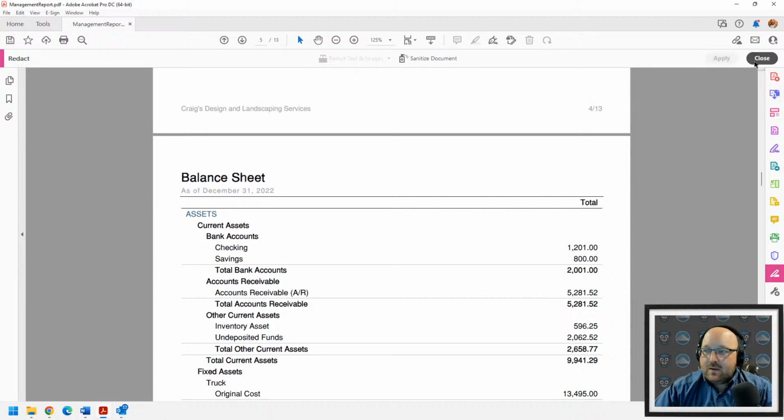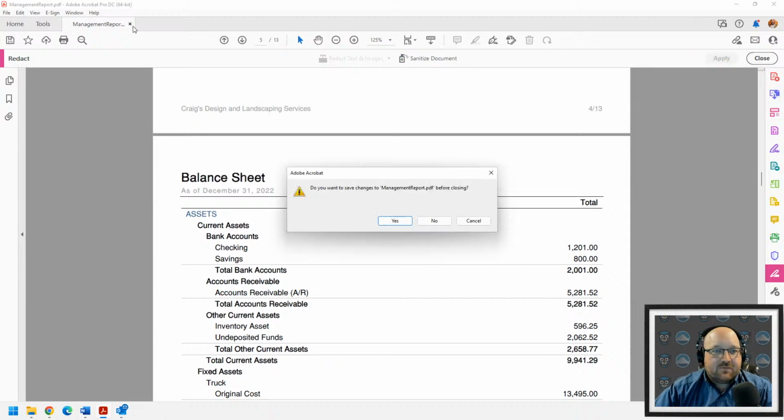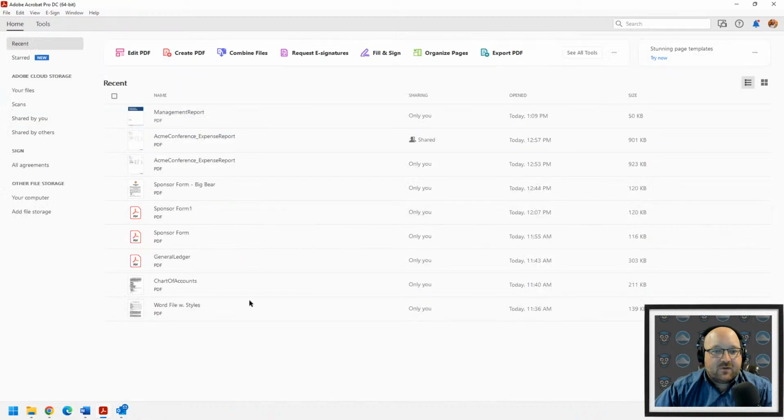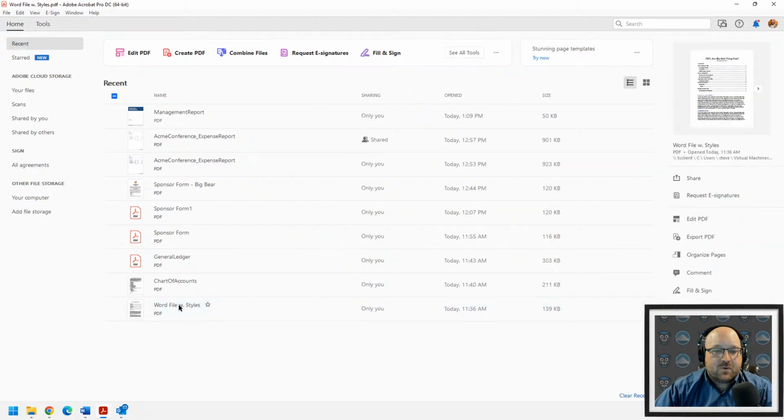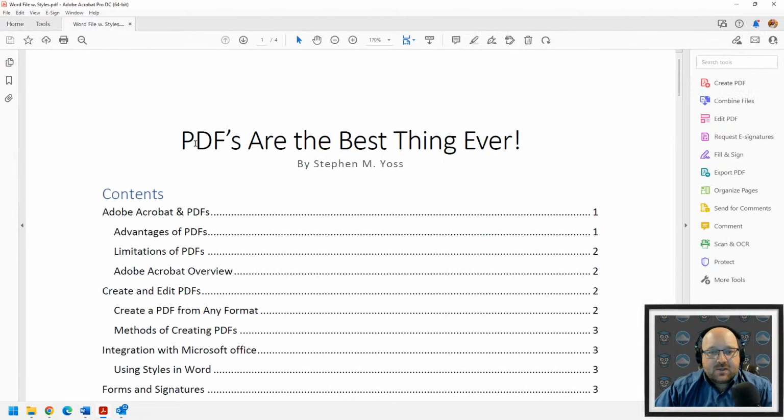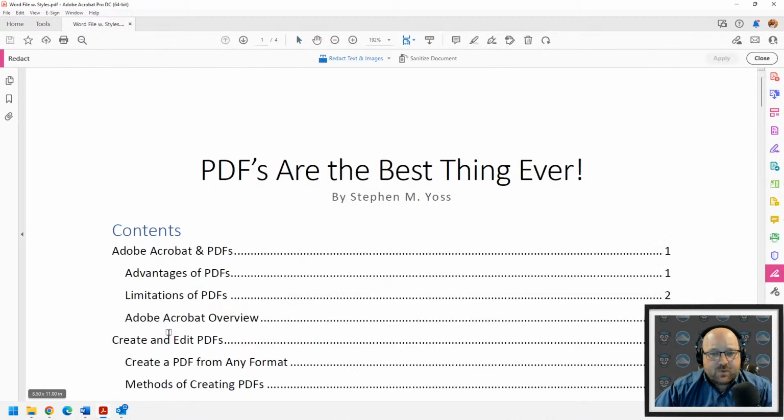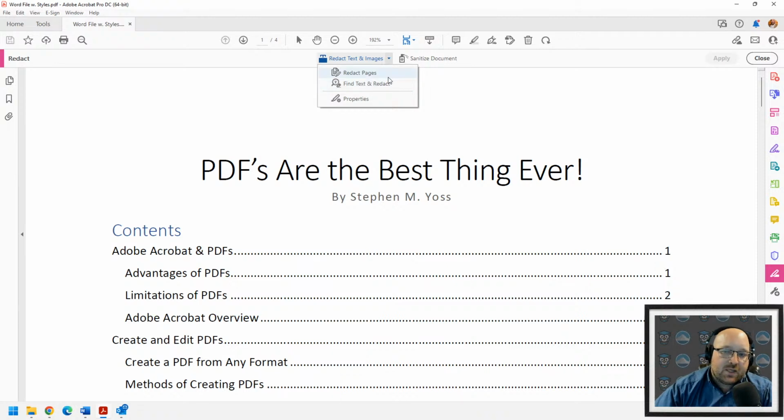Okay. And actually, let me select a different document. I think I've got some settings on here that are going to screw this up. Actually, let's go back over here to our simple Word styles document. Let's say we wanted to redact our title here. We're going to go ahead and select the redact option, and you'll see this option up top here that says redact text and images. And we're going to go ahead and select this,